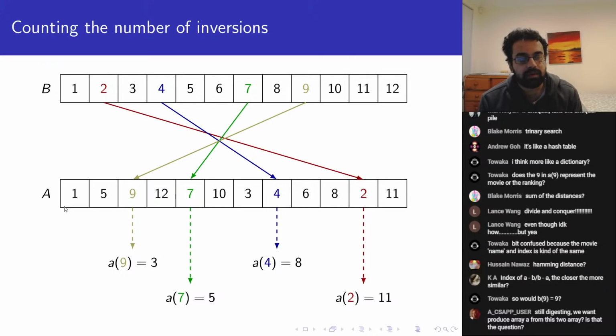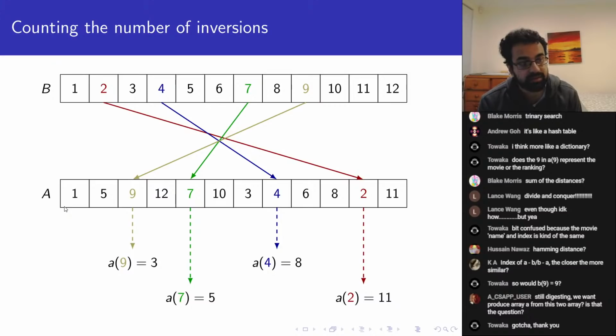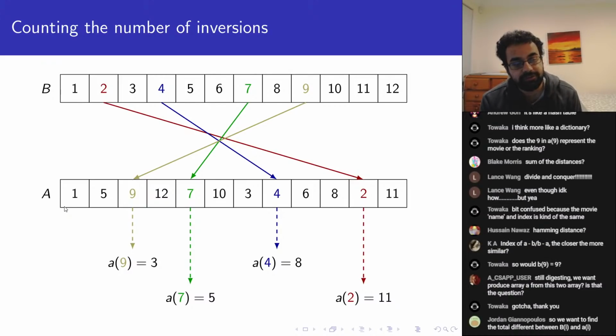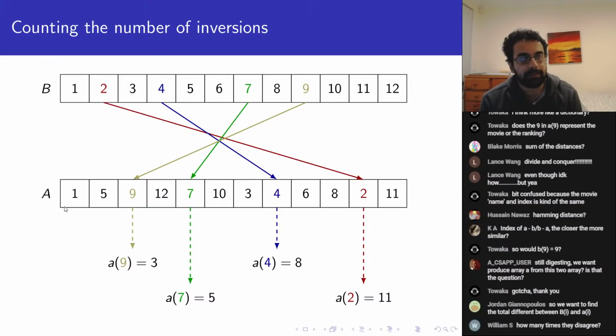Now, B of 9, sure. If we were to use the same notation for array B, then B of 9 would be 9, and that's the definition of the indexing of movie 9. These suggestions from Blake and Hussein are useful and very viable ways of doing this. But we're going to go with a slightly different approach, which is to say, let's count not over each individual movie, but